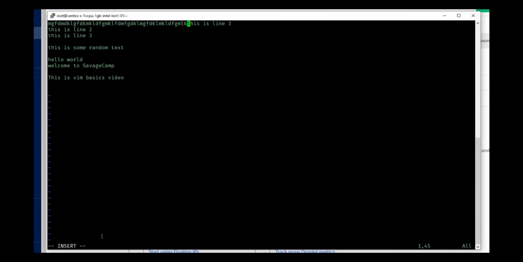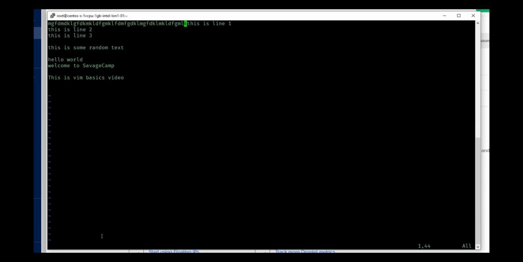Now, there is a famous joke that people who start learning Vim are not able to exit it. It's very easy, but a lot of beginners get stuck on this and are not able to exit, and they eventually close the terminal or try to restart the machine. The way to exit from insert mode is very easy. All you have to do is press escape. As soon as I press escape, you will see that insert go away.